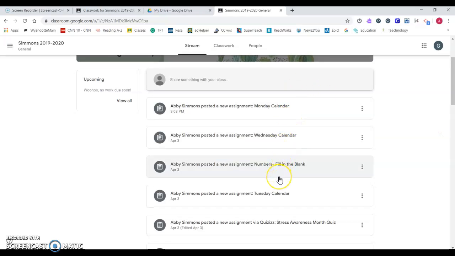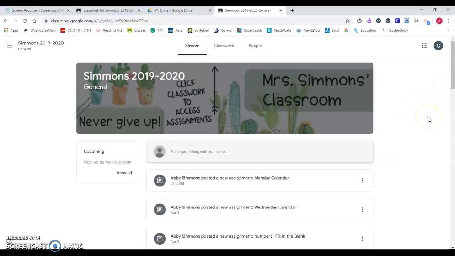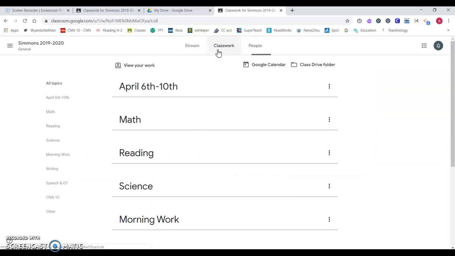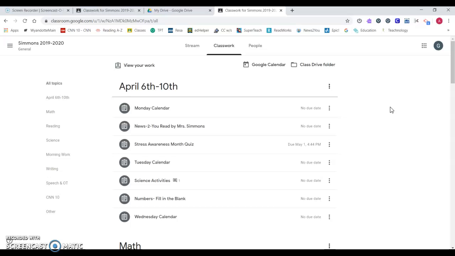So some of the assignments are located right here, but I found an easier way for you to keep track of what I'm posting. So if you would follow the directions that are right here in my banner, it says click classwork to access assignment. So instead of accessing the assignments on stream, you can actually go right to Classwork. And I've organized the assignments by week. So for example, next week is April 6th through the 10th. I've posted 3 assignments